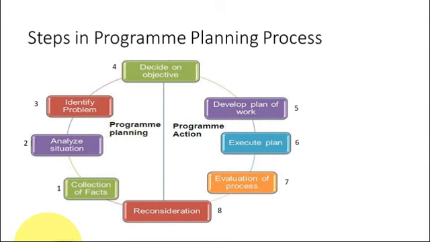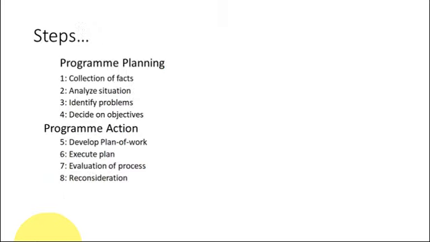There are a total of 8 steps in the program planning process. First, collection of facts. Second, analyze situation. Third, identify problem. Fourth, decide on objectives. Fifth, develop plan of work. Sixth, execute plan. Seventh, evaluation of process. And eighth, reconsideration. As you can see, the first 4 steps come under program planning and the next 4 steps